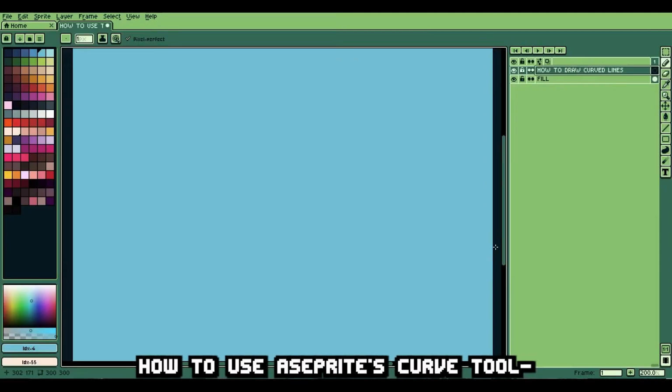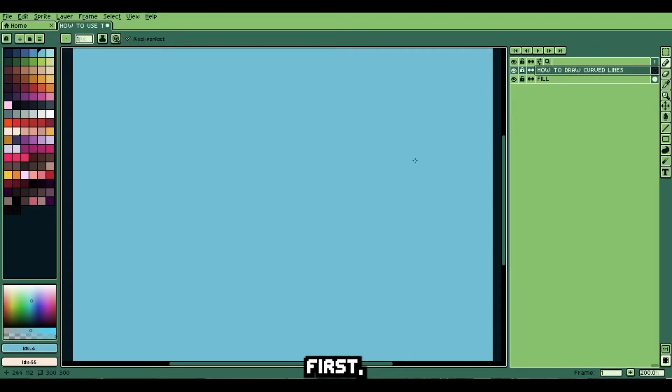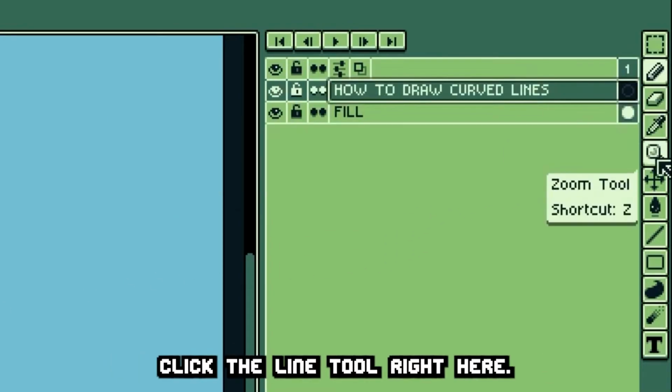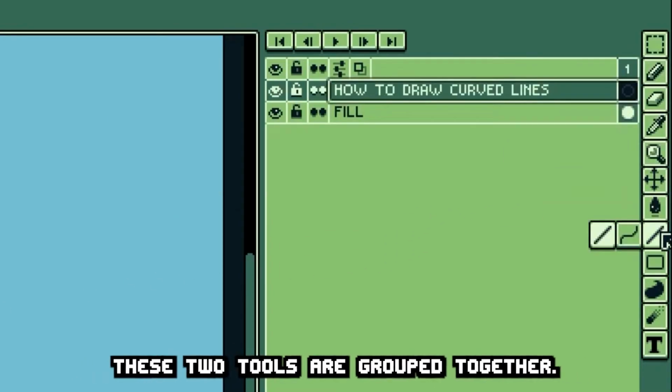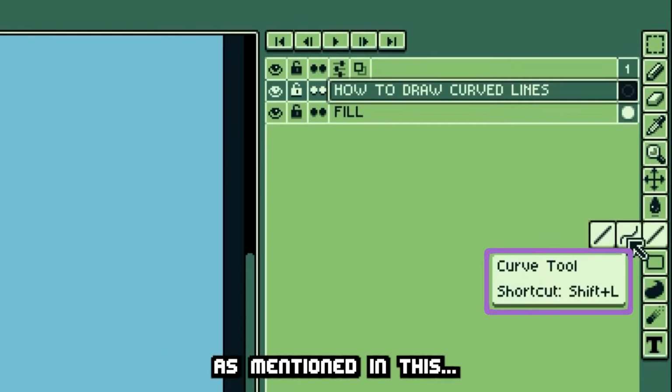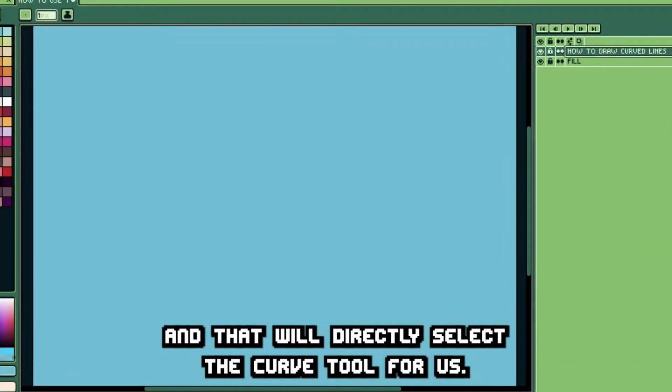So, how to use Aseprite's curve tool? Let's get it. First, select the curve tool at the toolbar. If you don't readily see it, click the line tool right here. These two tools are grouped together. Alternatively, as mentioned in this tooltip right here, we can press Shift plus L and that will directly select the